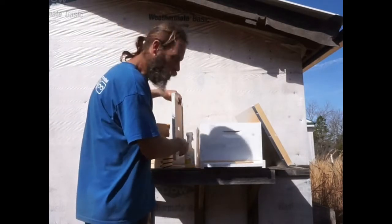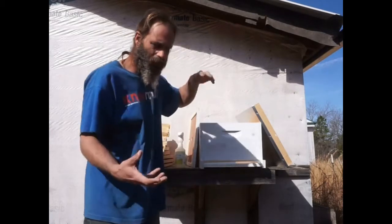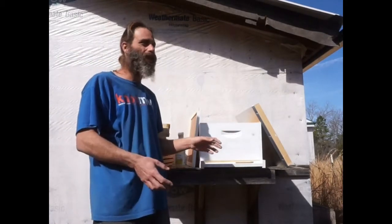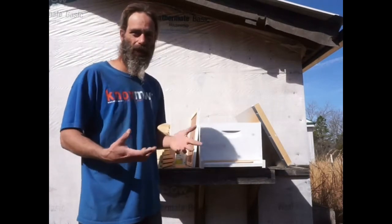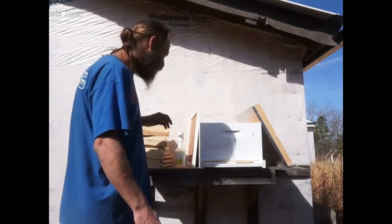I don't have any comb, so if you have used comb or open comb, that's one of the best attractants for bees, because they look at that and they're like, oh look, we don't have to build anything, we can start laying eggs immediately. Bam, and they just zoom right in. But I might have to wait till next year when I've got some bees on rotation before I can really set up good swarm traps. In the meantime,